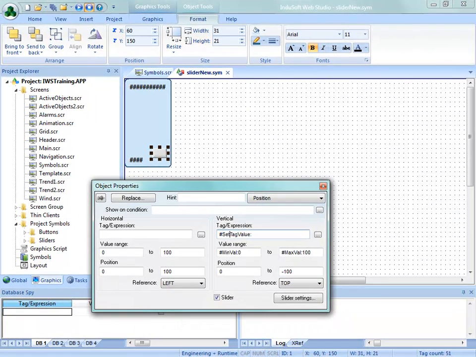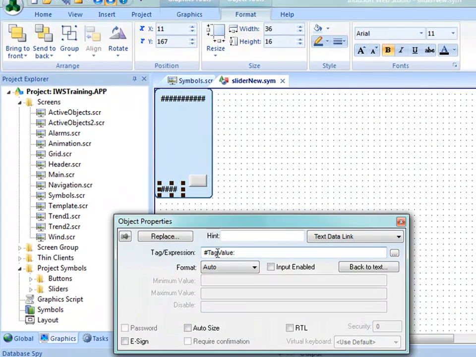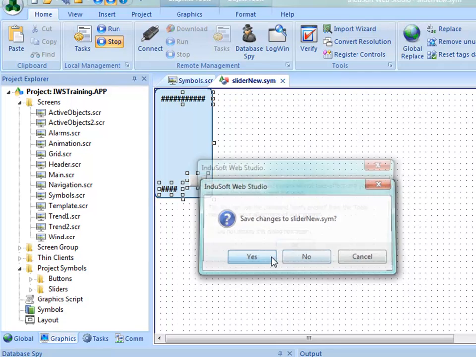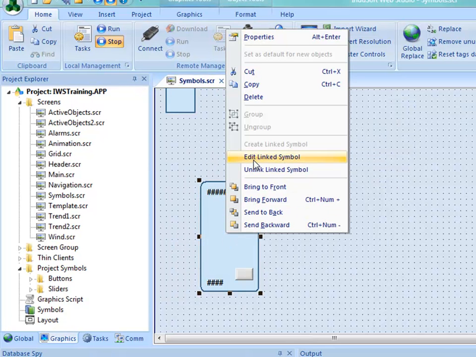We'll call this set point, and dot. Now that will be the set point for that, so that's following that format that I posted on the screen earlier, that can also be found in the help system as well. And then let me go into the actual down here, and we'll put actual dot tag value. And now when I save this and we go into this, if I right click, edit linked symbol,